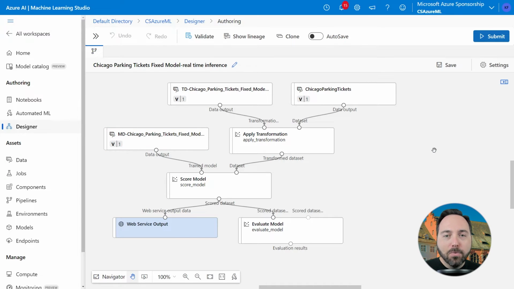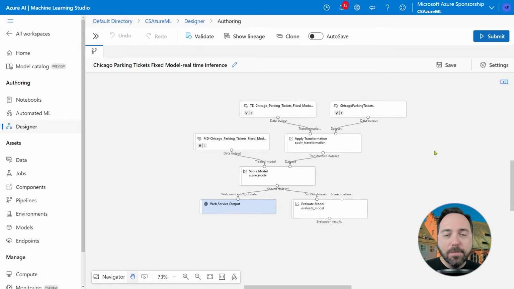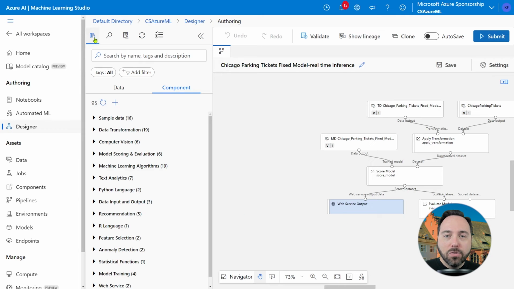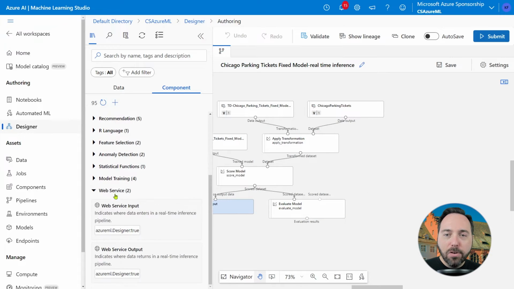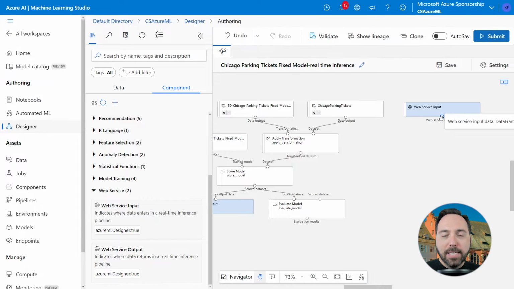It writes out the resulting predictions to our web service so we can consume them. This model is partially complete, but not totally done. First of all, we have no way of getting new data into the model. But that's an easy fix. All I need to do is drill into the Web Service Component dropdown and drag on a new Web Service input. I can wire that up as an alternate dataset for apply transformation very easily, and now I have a